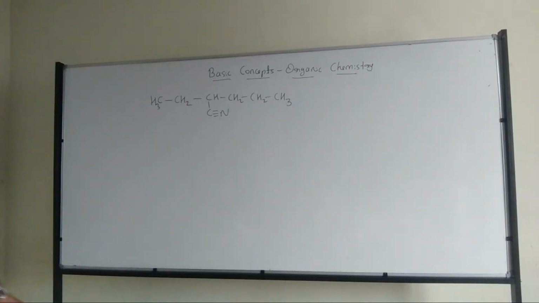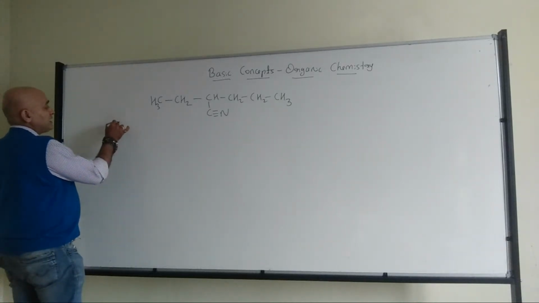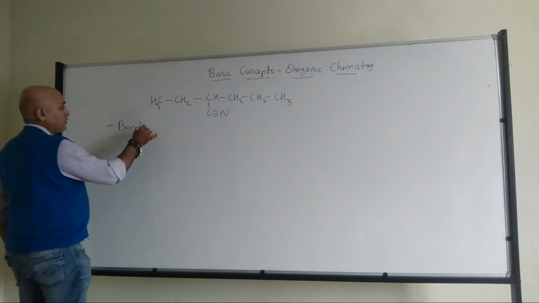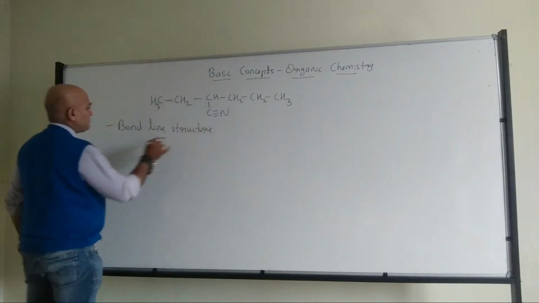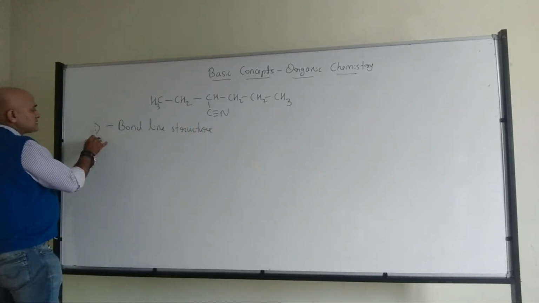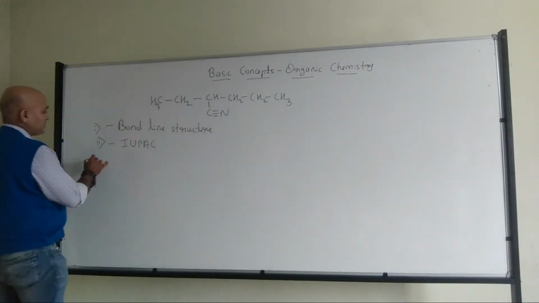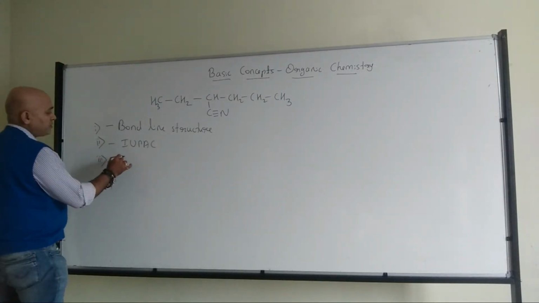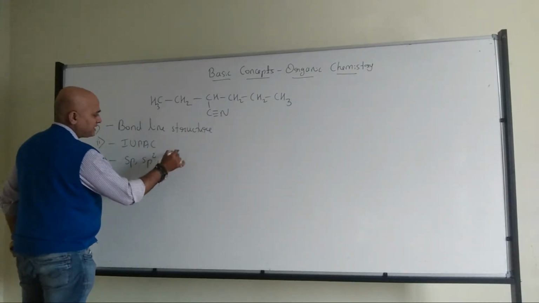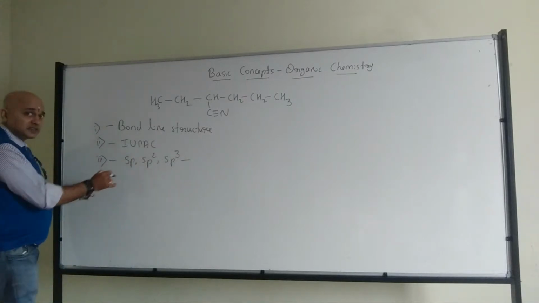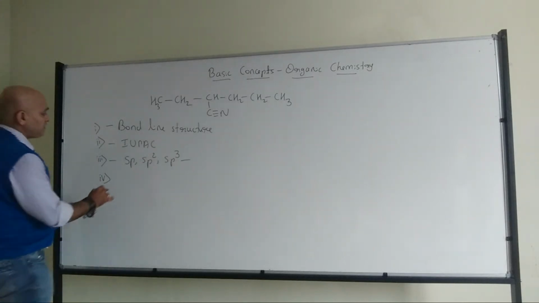So this is the molecule. This is the given molecule. Now naturally the question is, write the bond line formula or bond line structure. That is the first one. The second one is the IUPAC name. Then, with respect to sp, sp2 and sp3 hybridized carbon number, any one will be asked. For practice purposes, I am giving all three. And the fourth one will be